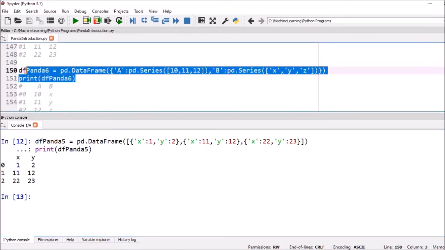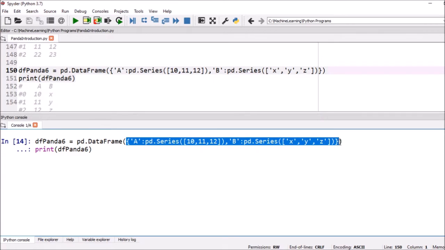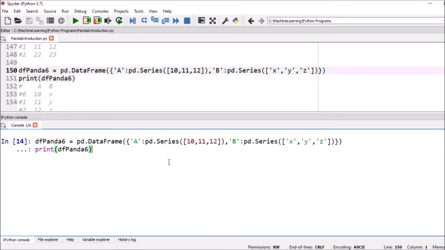Next we can see we can use a series to create the data frame. Inside the parenthesis we define two dictionary parts. Here A is a key, and pd.Series is the value.